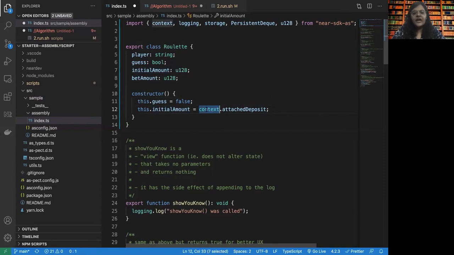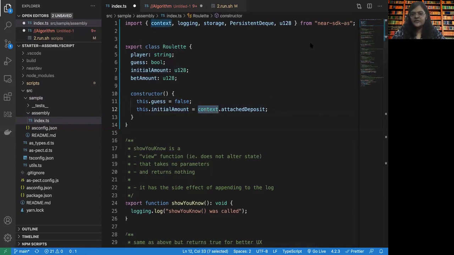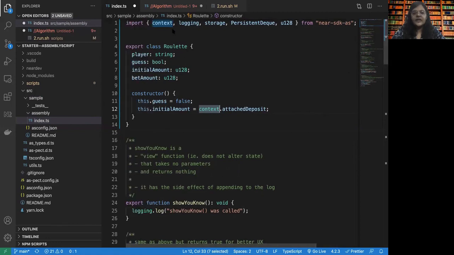So here we have the context that we can take in from the Near SDK, which will have the attached deposit. When the constructor is being called, there is a deposit attached with it that will act as the initial deposit for the game.